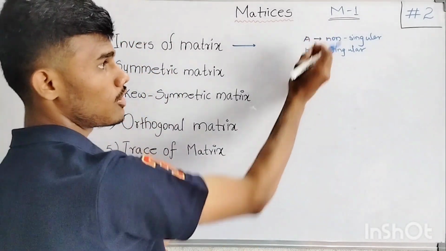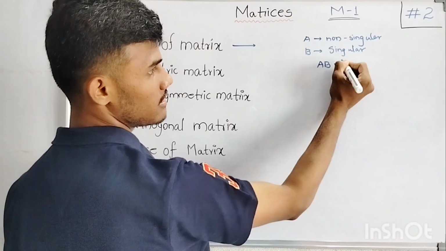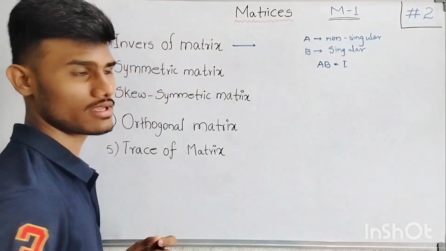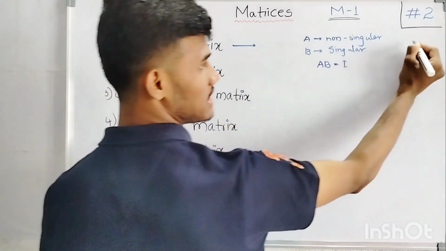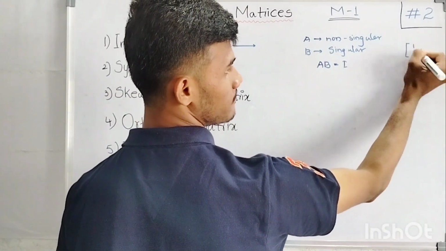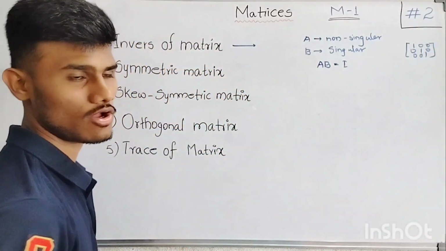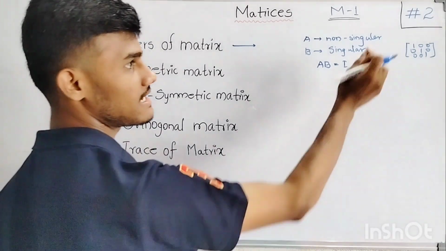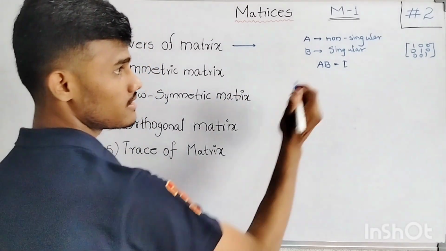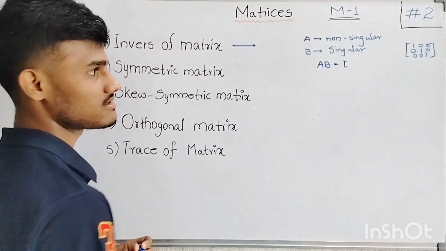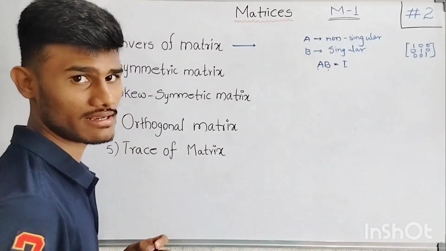When the product of A and B, when you multiply them, gives I. What is meant by I? I is nothing but the identity matrix. You know what is meant by identity matrix? This is an identity matrix. Except diagonal elements, all elements are equal to 0 and diagonal elements are equal to 1. Then it is called an identity matrix. When this condition is satisfied, where A into B, A is a non-singular matrix, B is a singular matrix,